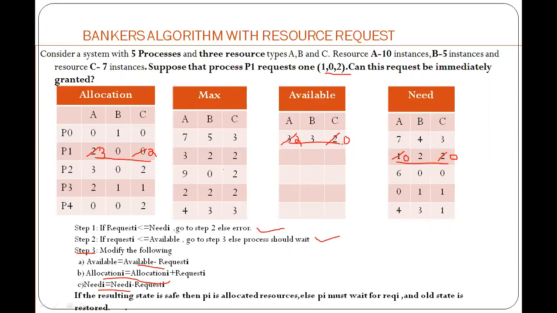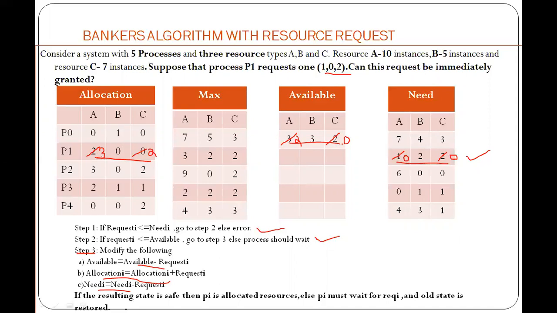So after doing the modifications, the rest of the steps are similar to what I taught you previously. How do we start? We'll have to start checking from the sequence, right? It is P0. Can we grant request to P0? Definitely not. I hope you all know the reason, because its need is much more than the availability. Can we allocate resource to P1? Yes, we can definitely allocate the resource to P1 because its need is much lesser than the availability. So what do we do when we allocate the resources?